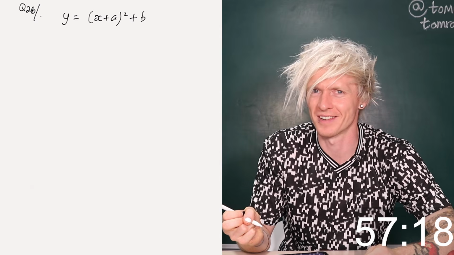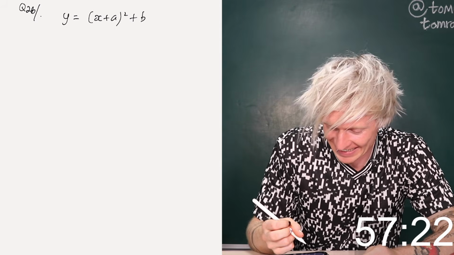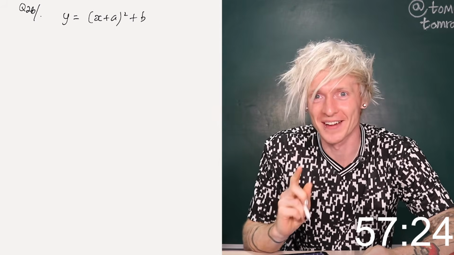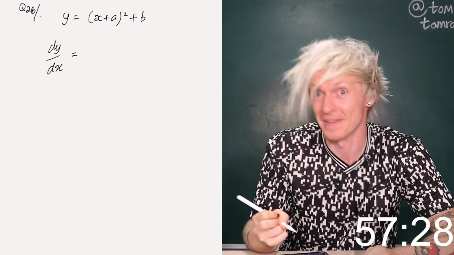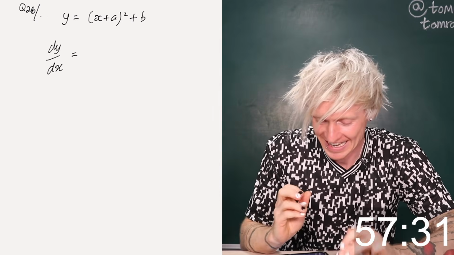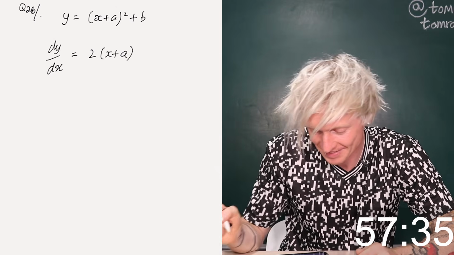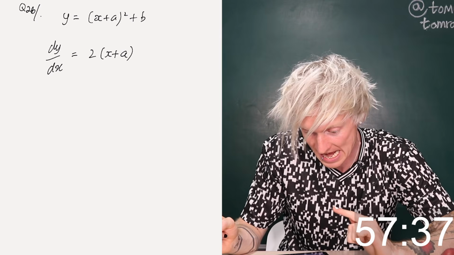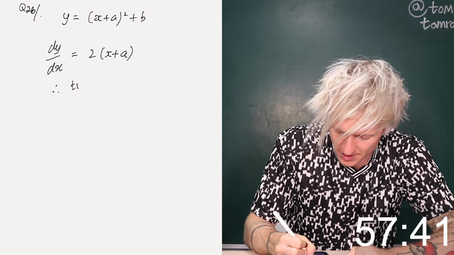Okay. I kind of want to differentiate. I think I'm supposed to differentiate, but I'm going to totally differentiate. Okay, so if this is my graph, I therefore, totally cheating here, but I'm doing it. It's allowed, I know this. dy by dx is therefore going to be 2x plus a. Right, and then I can say from that, therefore, turning point